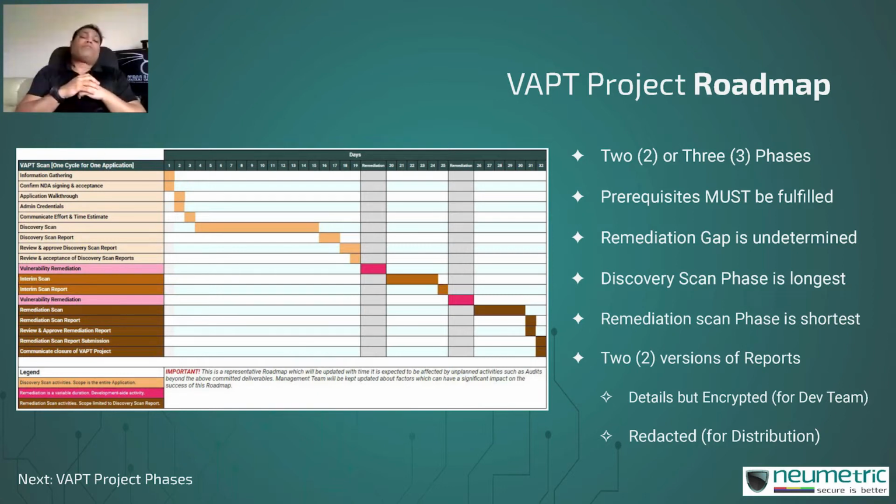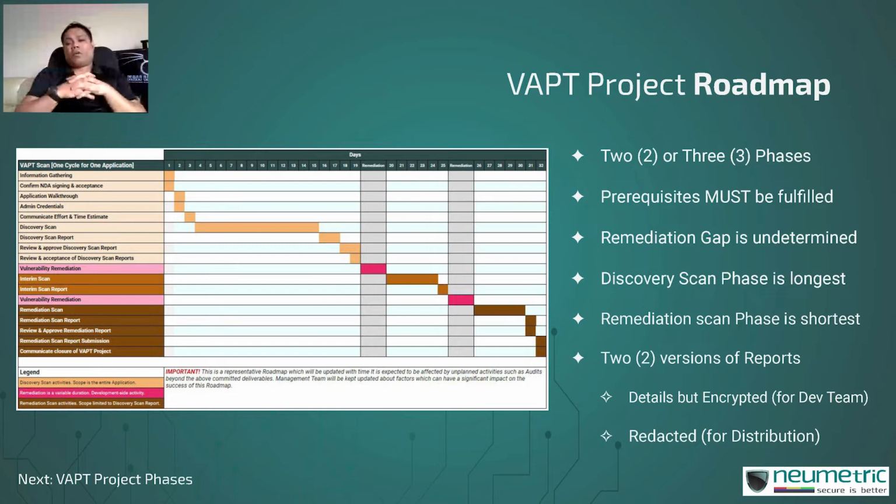The solution to this is the security team will end up conducting, instead of 2 scans, 3 scans. One will be the discovery scan where all of the vulnerabilities are discovered. The second will be your interim scan, where they will recheck whether the vulnerabilities have actually been remediated or not, and if any of them have not been remediated, then they will go ahead and give feedback so that you get another opportunity to remediate them. And then finally, when you confirm that okay, they have been remediated, they will go ahead and conduct the remediation scan, which is the final one, and where they will give you the green report.